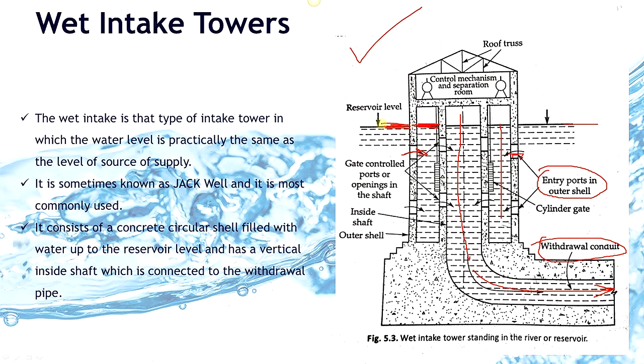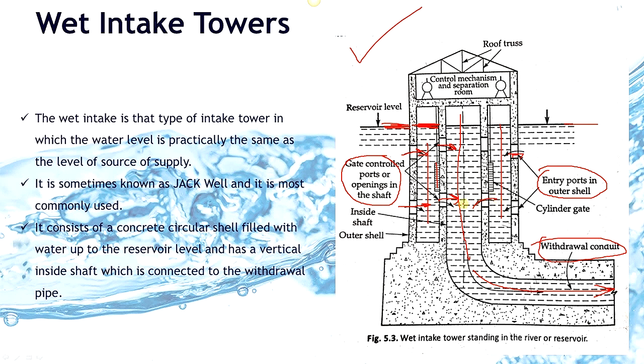Thus the water that enters the outer shell will remain temporarily here in the tower. That is why this intake tower is called a wet intake tower. And we have entry ports to the inside vertical shaft also, but these are gate controlled. As soon as the gates are opened, the water will enter the inside shaft and be fed to the withdrawal conduit or